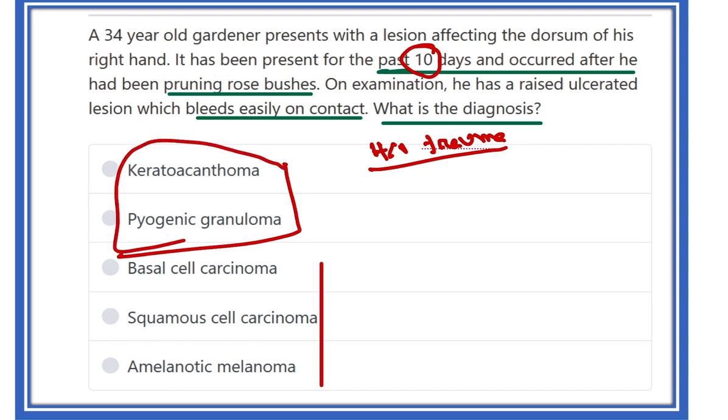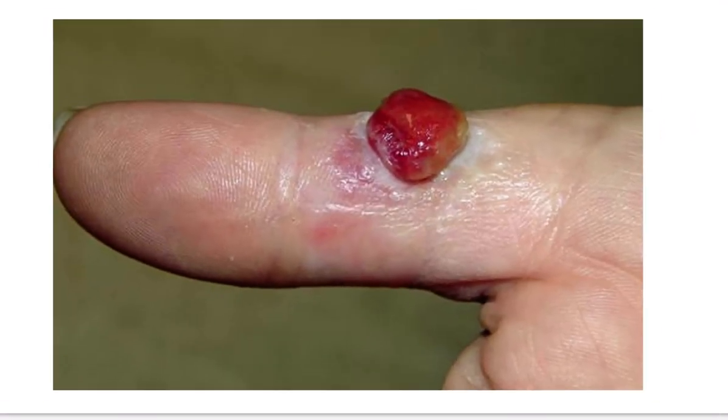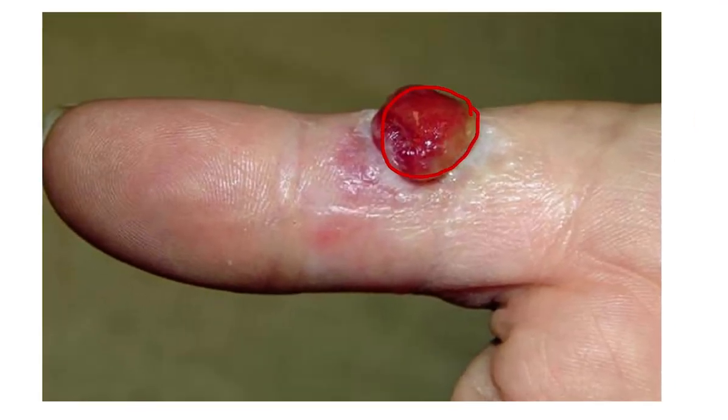And here the most important point is the history of trauma. Second, there is a raised elevated lesion which bleeds on touch. So we can see this type of lesion. That means first of all there is an injury, a history of trauma in this finger, and after 7 to 10 days, we can see an ulcerated, elevated reddish mass, and when it is touched, it